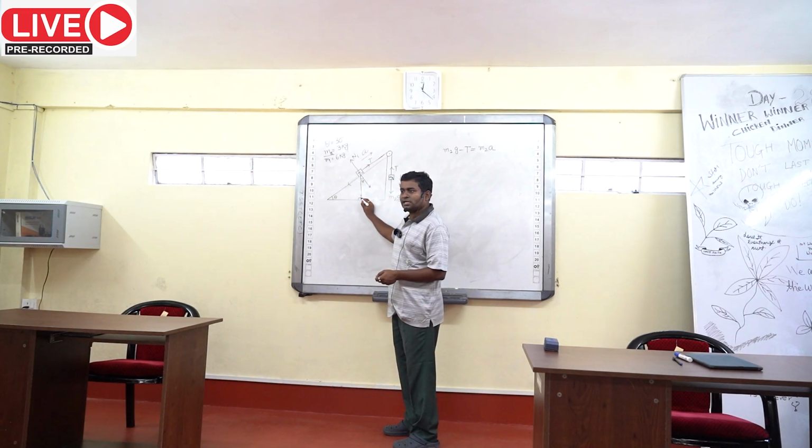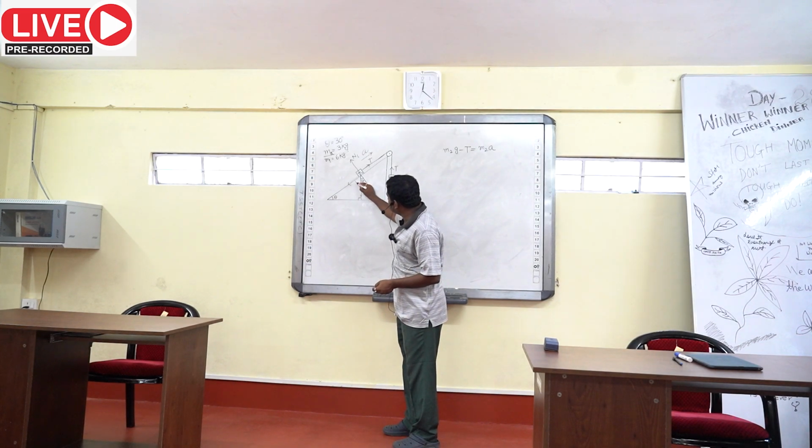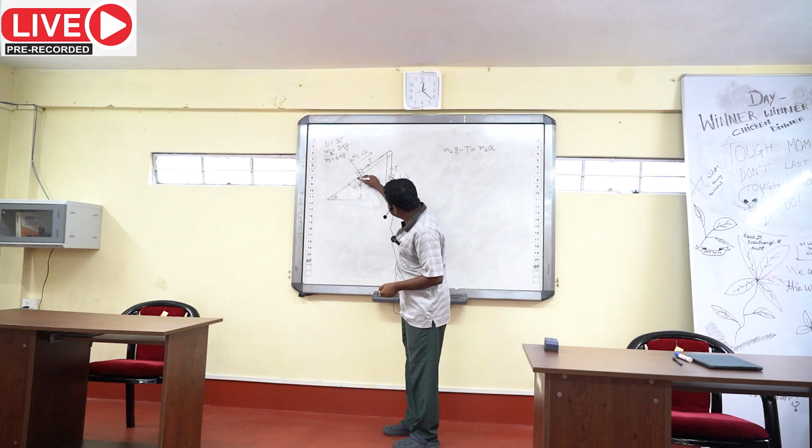This one will be 90 degrees. So what is the value of this one? Theta. So what is the value of this angle? 90 degrees minus theta. Then these two are perpendicular. What is the value of this entire angle? So this part is 90 minus theta. So the remaining part should be